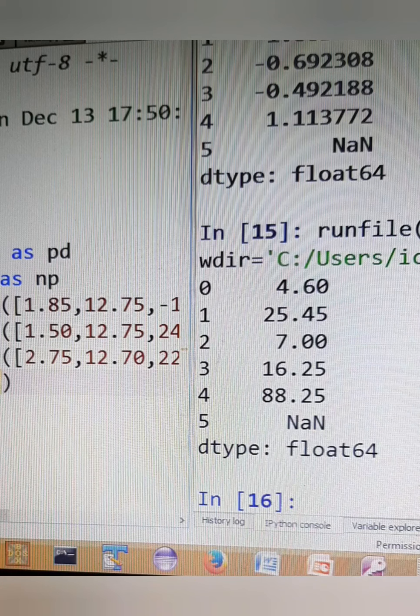Example 17 of the book also gives a question: the number of students in classes 11 and 12 in three streams, science, commerce and humanities, are stored in two series objects C11 and C12. Write code to find the total number of students in classes 11 and 12 stream-wise.